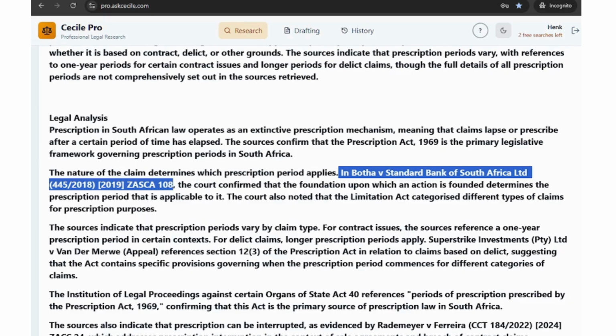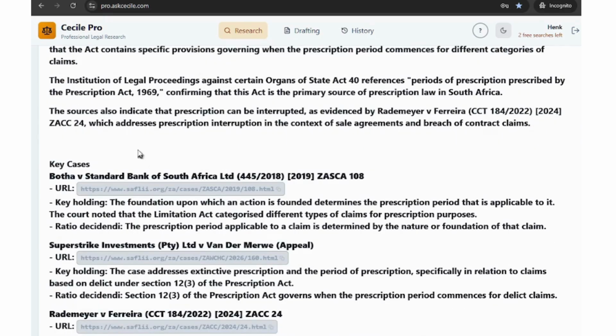You will see that there are also key cases, and the references to the cases are real cases. It is not hallucinated, and these are cases that were found. If one wants to check the output against the physical case, all that one has to do is to click there. That is now copied to